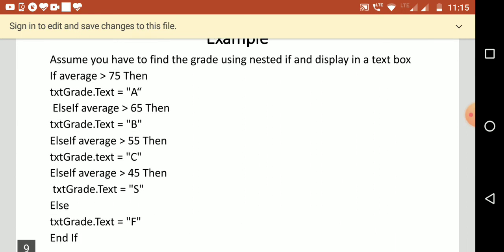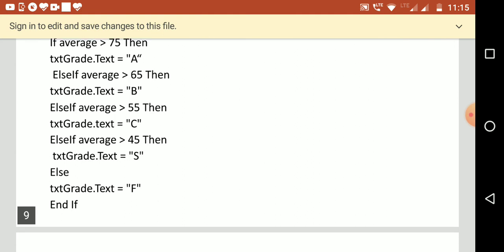You have different conditions. If the average value is greater than 75, fine; if the condition is false, then it will go to the else if. There you check if the average value is greater than 65. Suppose the average value is just 46, then you will have to come to the fourth condition, where it is checking else if average greater than 45, then assign the grade.